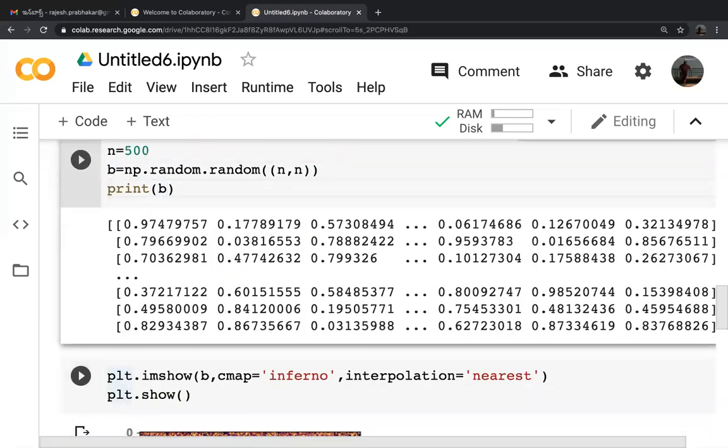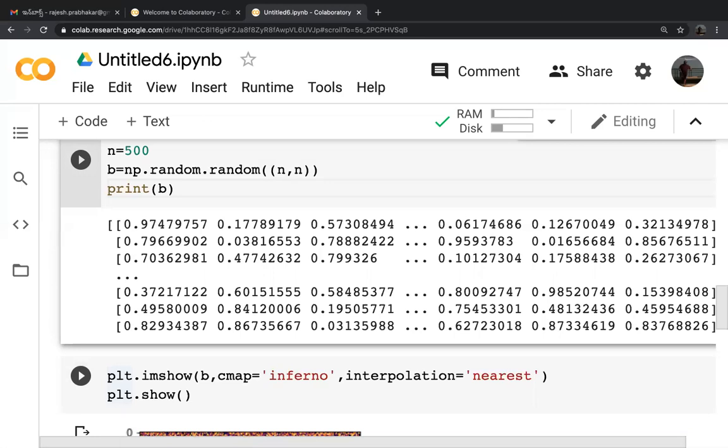So here we created a multi-dimensional matrix using n is equal to 500 and np dot random, taking random values between 0 and 1. Then we put it into imshow, and we created an image called inferno.